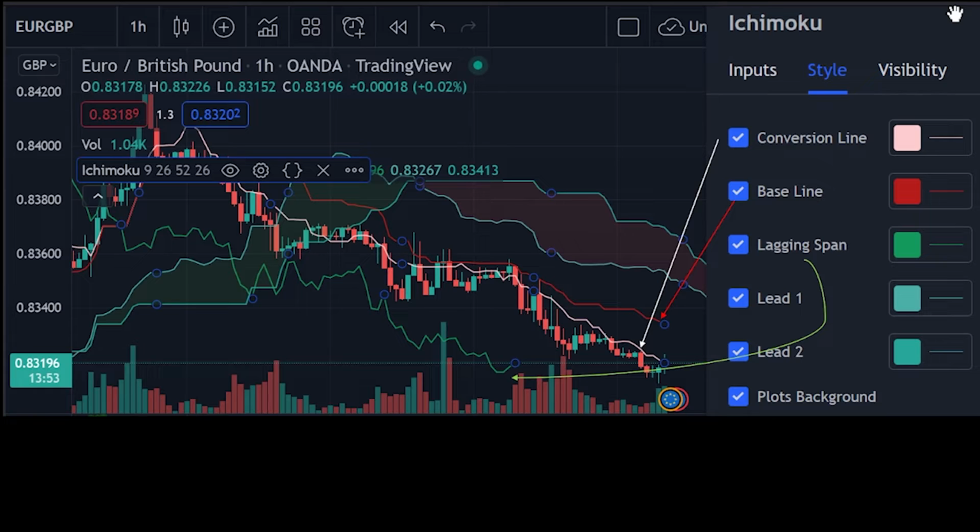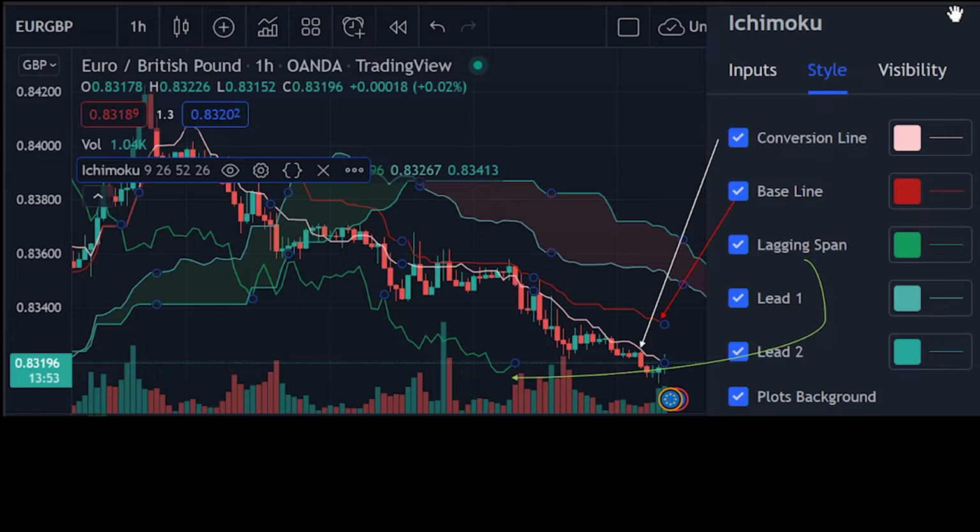The other component of the Ichimoku cloud, aside from the cloud, are these three lines, which when we get into the live trading examples, you'll be able to see a lot better how they work. But you have a conversion line that's looking at short-term price action. You have a baseline that's looking at slightly longer term price action, and you have a lagging span, which we don't really use in this method. What the lagging span does is it simply plots the current price back a number of periods, there's a whole methodology behind this. We don't use it in this system. I like to keep it on my screen though, just to see what's going on,